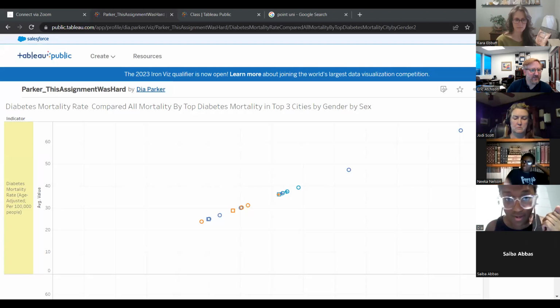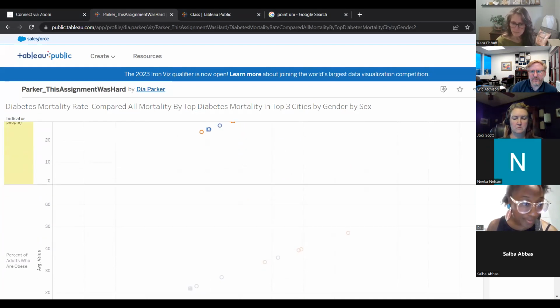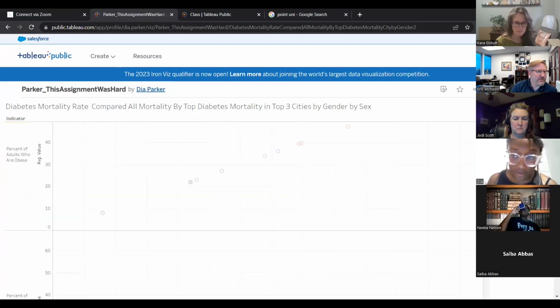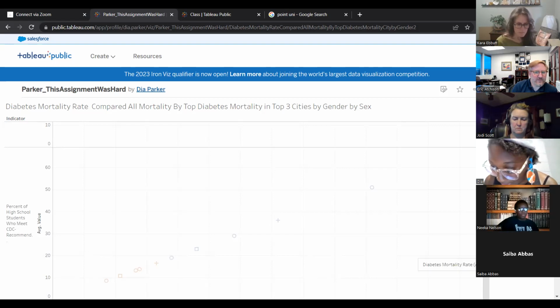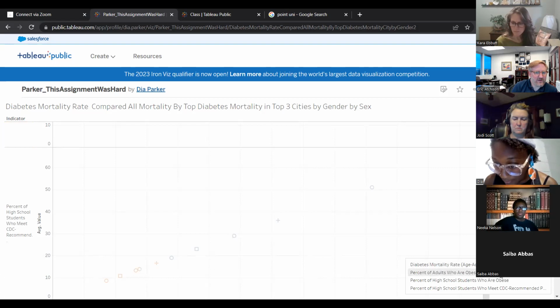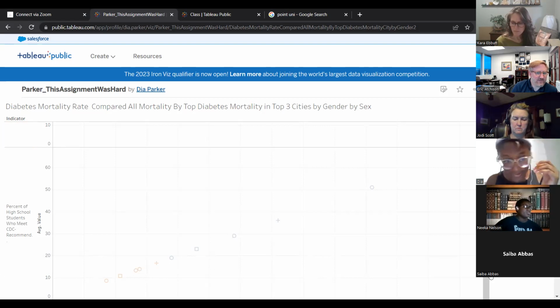Okay, so this is ugly, now that I'm thinking. Anyway, so right now what we're looking at is the last sheet, not all the sheets at once. And we're looking at the top 3 cities for diabetes, which are Cleveland, Detroit, and San Jose. And then some of the different variables with race and ethnicity and sex, kind of where they end up. It's not beautiful or anything, but at least it was semi-interesting, like made some sense. So if we look at things that can contribute to diabetes, like adults who are obese,